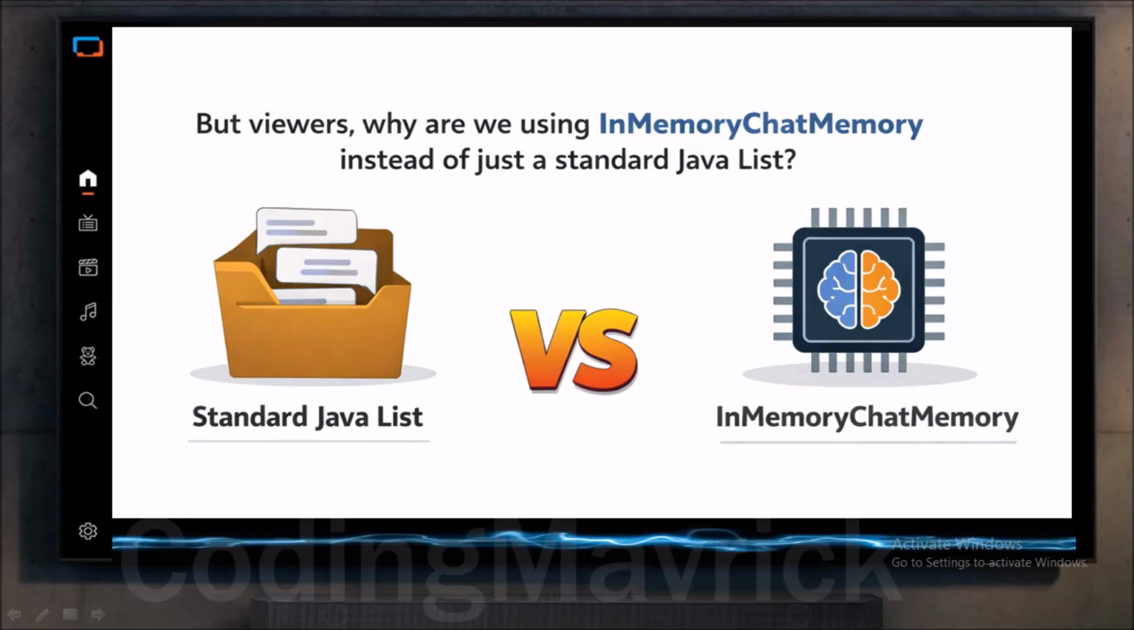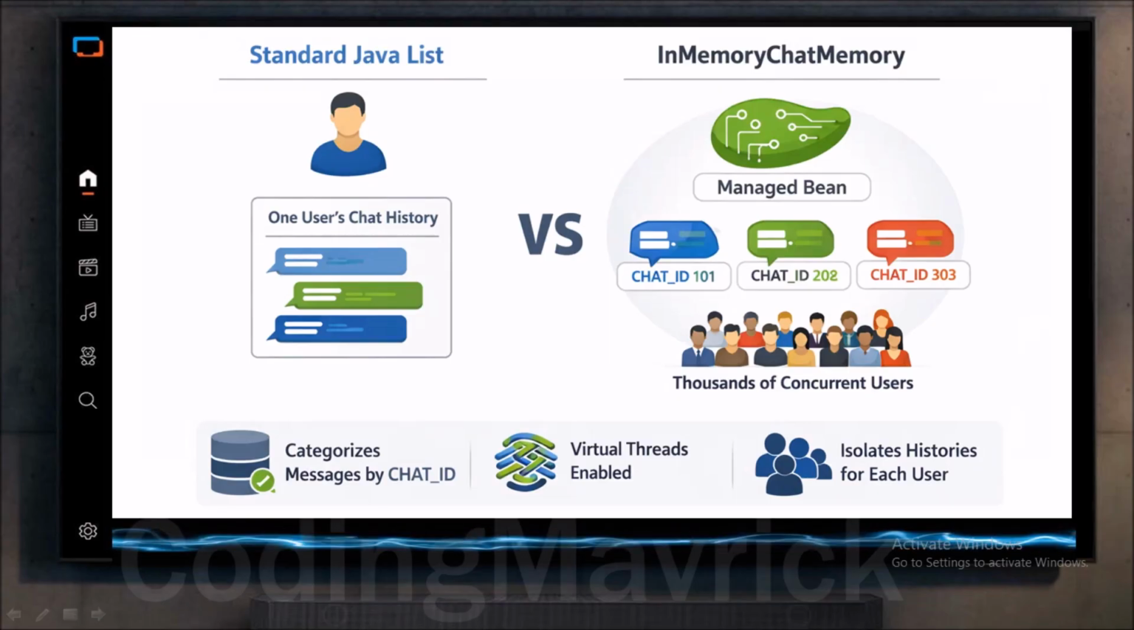But viewers, why are we using InMemoryChatMemory instead of just a standard Java list? The answer is a list works for one person, while chat memory is designed for scale. It's a managed bean that Spring AI uses to automatically categorize messages by chat_ID. Since we have virtual threads enabled, this memory bean ensures that even with thousands of concurrent users, their histories never